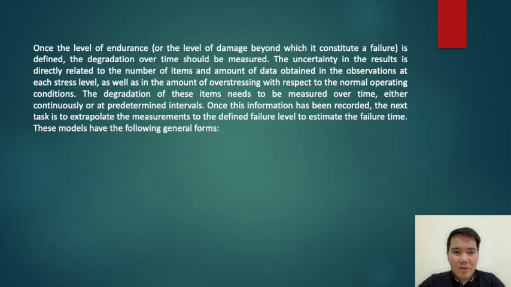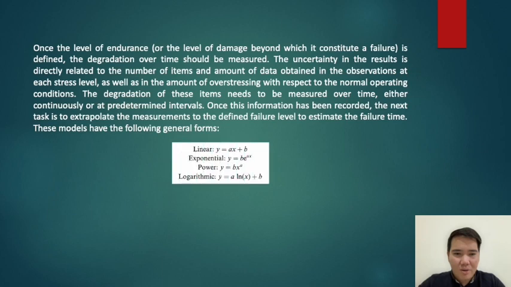Once the level of endurance is defined, the degradation over time should be measured. The uncertainty in the results is directly related to the number of items and amount of data obtained in the observations at each stress level, as well as in the amount of overstressing with respect to the normal operating conditions. The degradation of these items needs to be measured over time, either continuously or at predetermined intervals. Once this information has been recorded, the next task is to extrapolate the measurements to define failure level to estimate the failure time. These models have the following general forms,